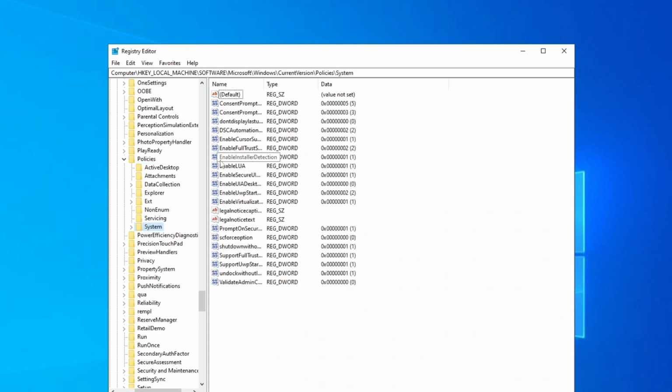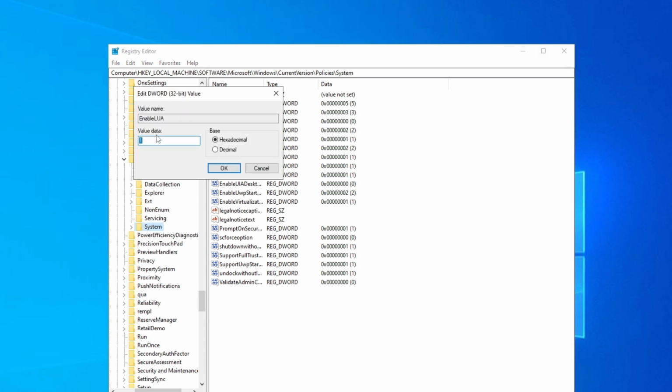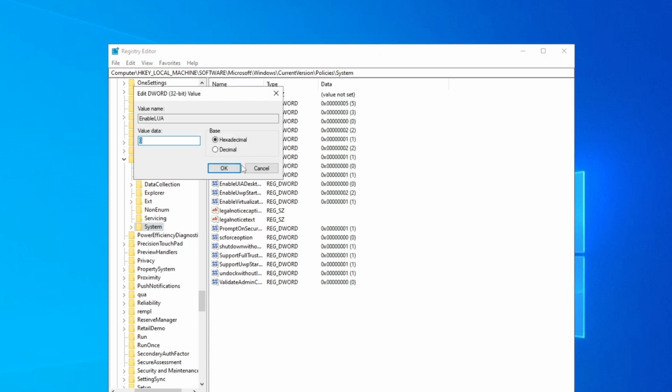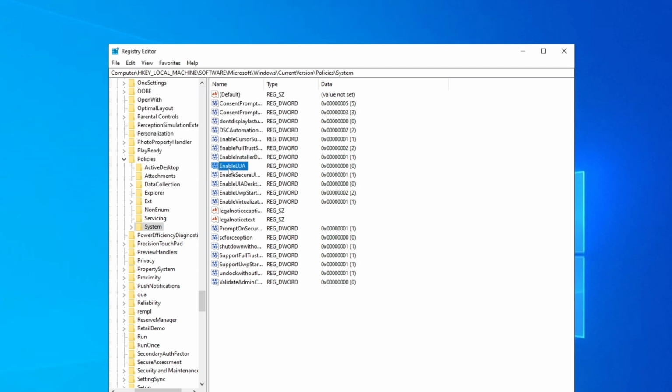And here EnableLUA. Double click on it and here make sure it is 0. And click OK. Just let it hexadecimal. Click OK, and that's pretty much it. Now double click on it again to make sure it's 0. Click OK. And after this you can close the registry editor and restart your PC and it should be working